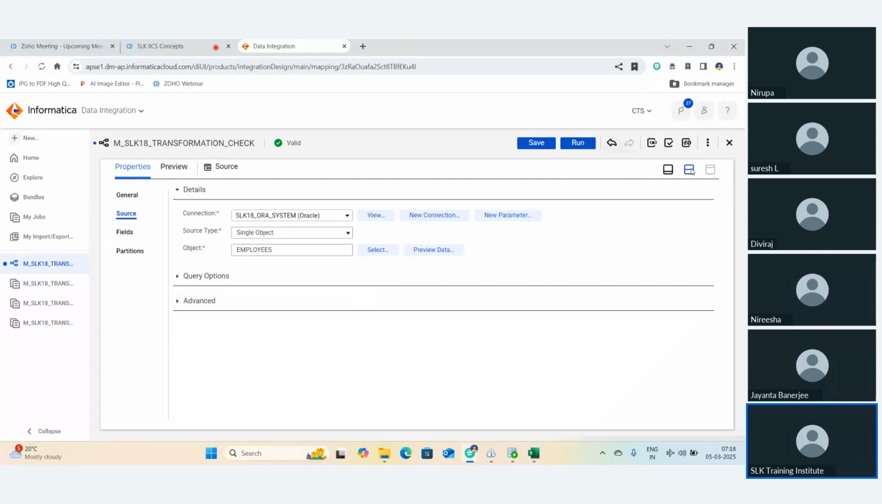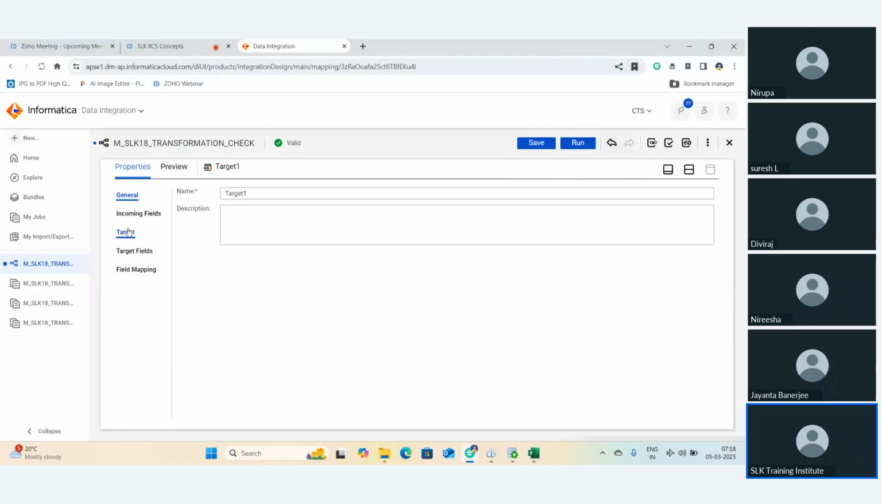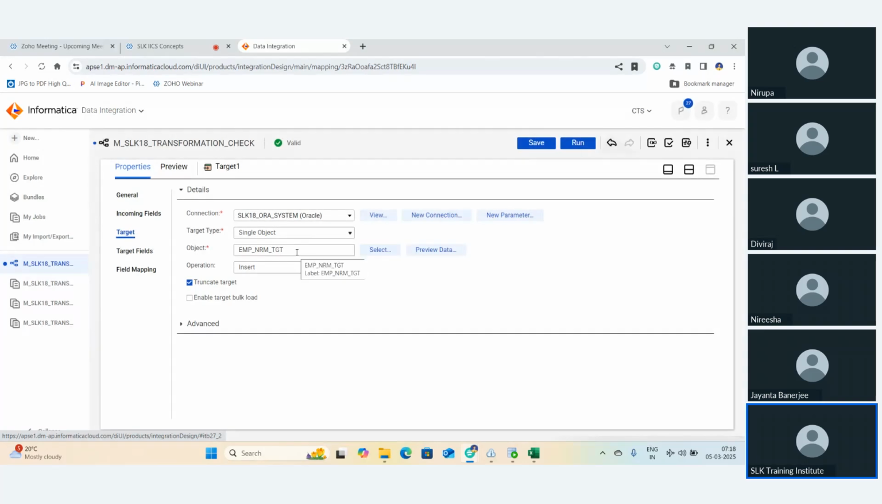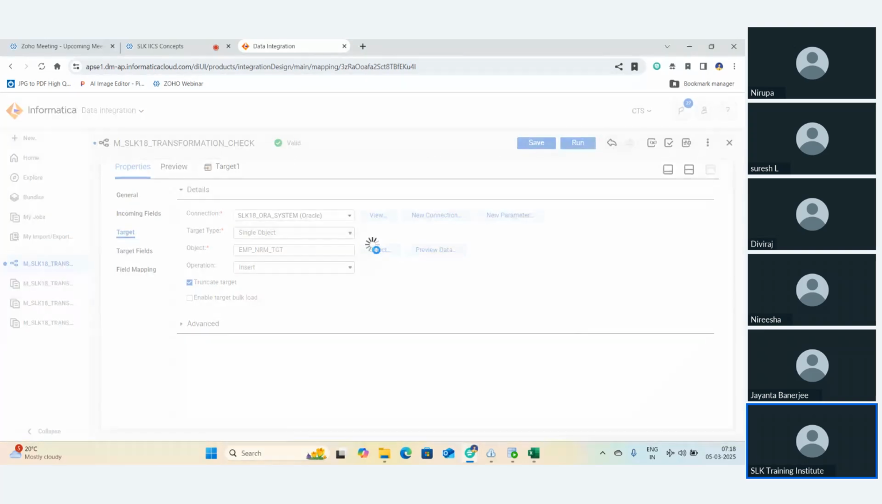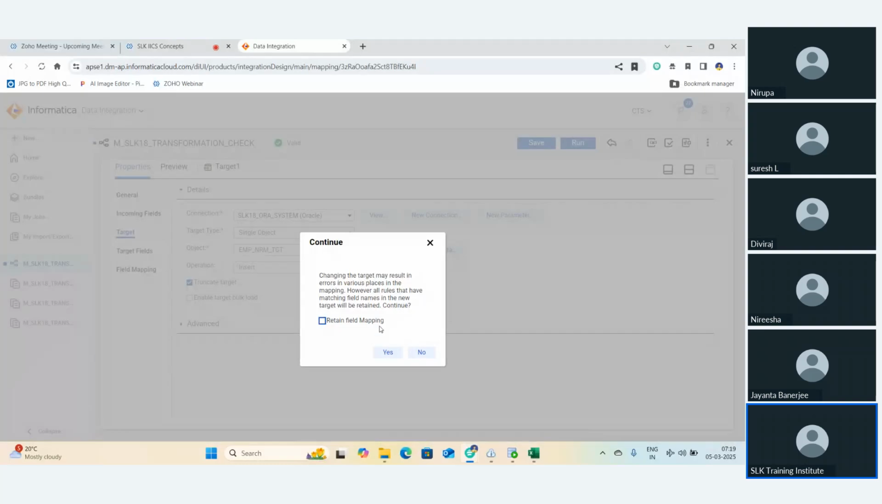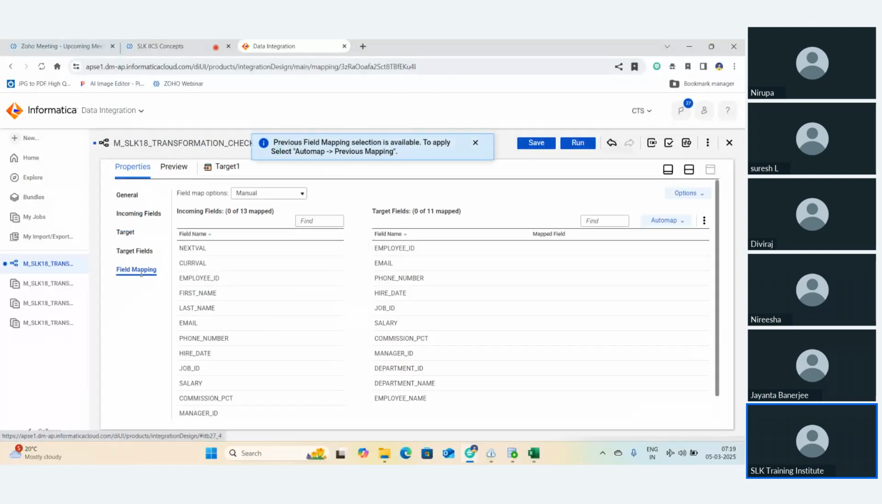Employees table. So now the sequencer is connected to the target. Employee underscore will change the target. Employees underscore target, I'm just connecting it. And I just enabled truncate table option. So in the field mapping, what I'm going to do, so in the output